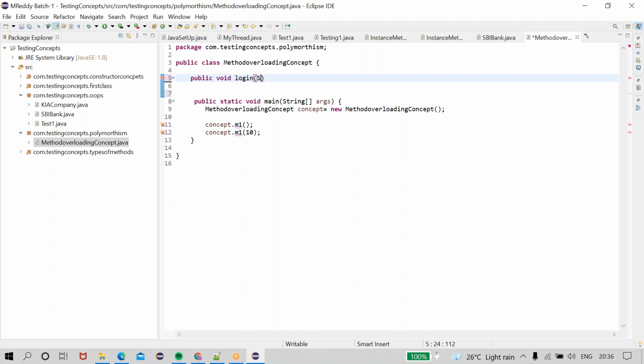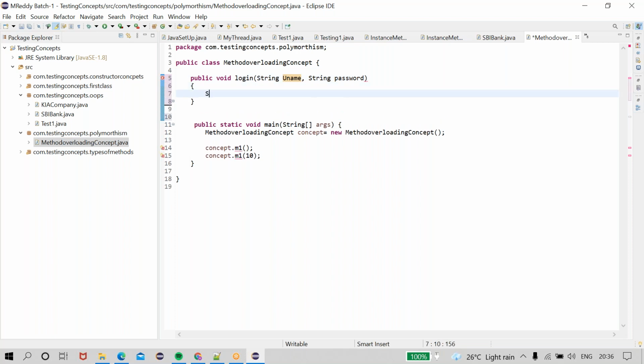Public void, I am taking 2 methods, one for login. In I am taking one string name. You can give anything here. String uname means username. String password. This is the one method. I am writing one print here: Login successfully with